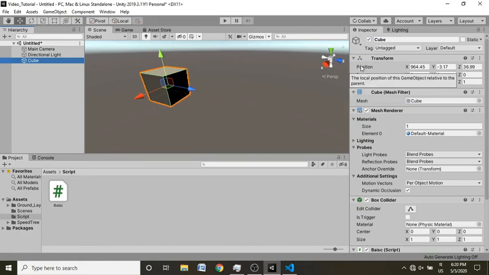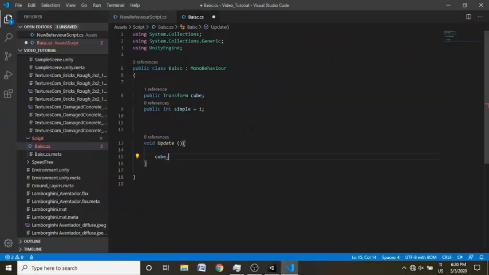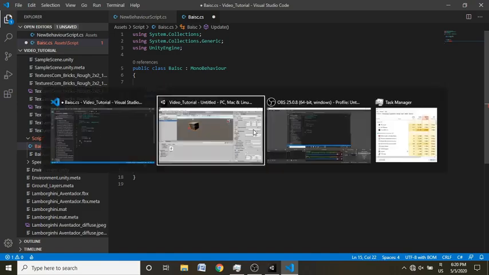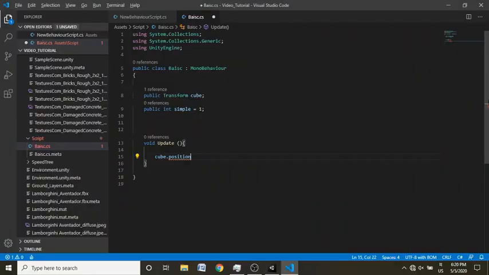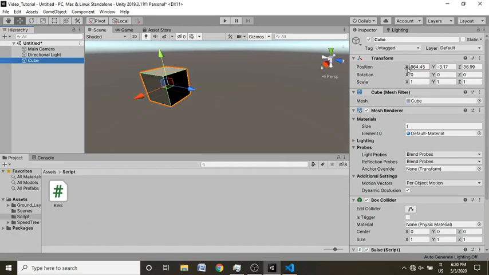We are just going to change the position of it. If you want to get a component from that transform, you just put a dot after it, and you can get the position, which you have to write in all small letters. So we get the position of the cube, cube.transform,